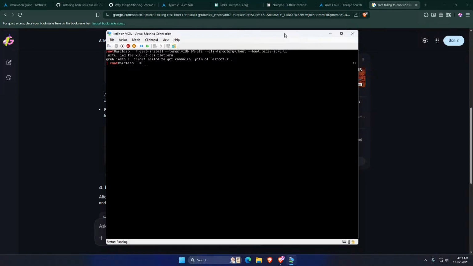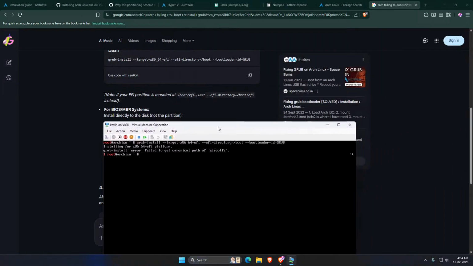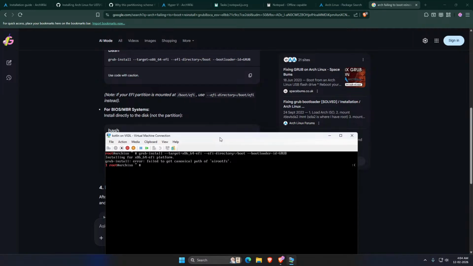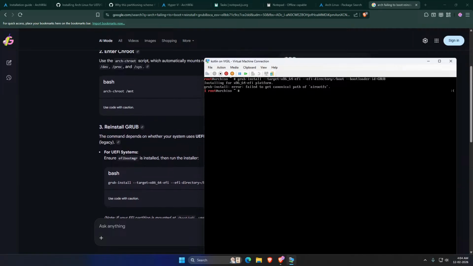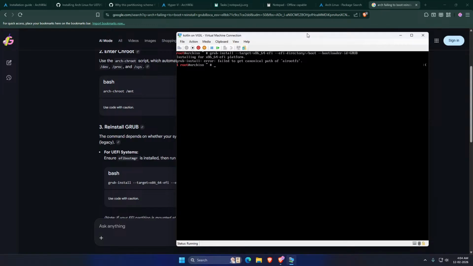What? Oh, we need to change the root to the mounted partition. Okay, okay. Again,